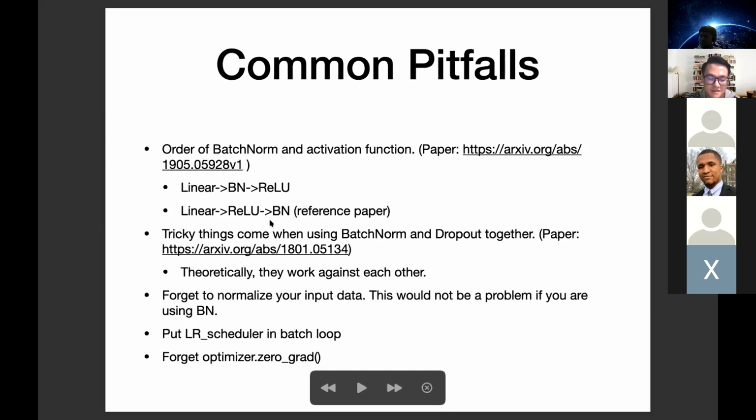Yeah, I guess you should use the second order in the reference paper. You can see the batch norm paper in this link. Okay, and next I will share my